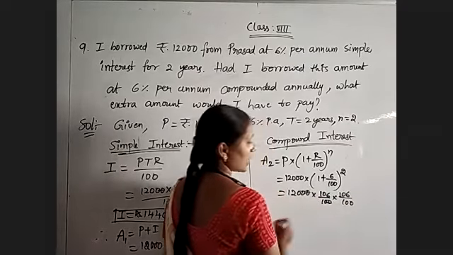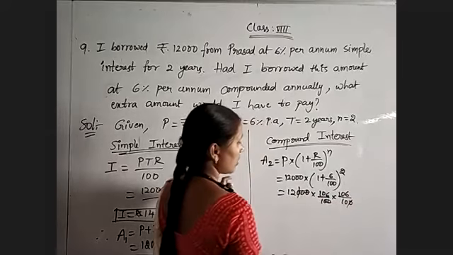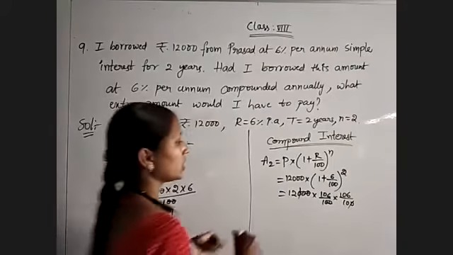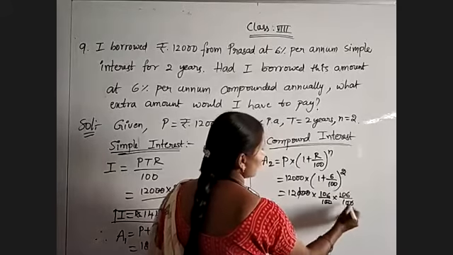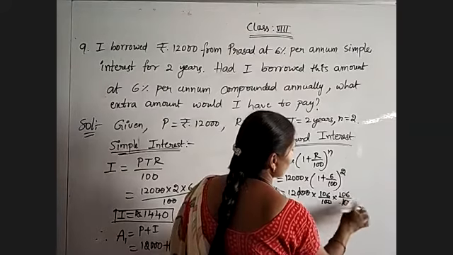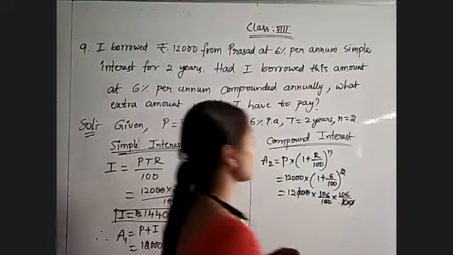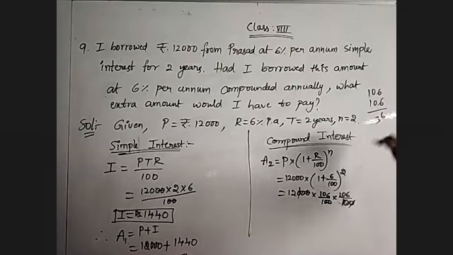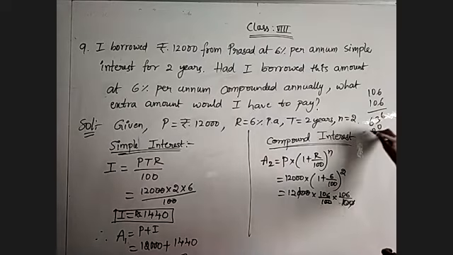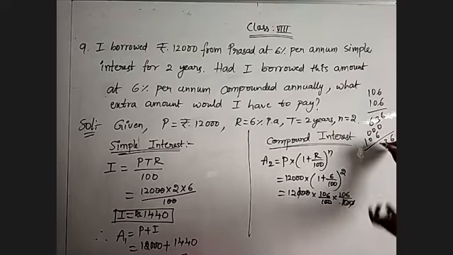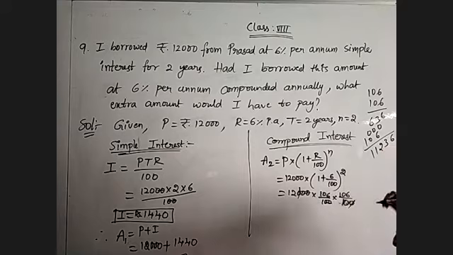2 zeros will get cancelled and 1 zero will get cancelled. Then find out the amount. 2 5s are 10, otherwise keep 10 like this only. Now do the calculations. 106 into 106. 6 6s are 36. 6 1s are 6. 0 0 0 6 0 1. So 6, 3 6 6 are 6 plus 6 is 12. So 11,236 we got. Into 12 is there.